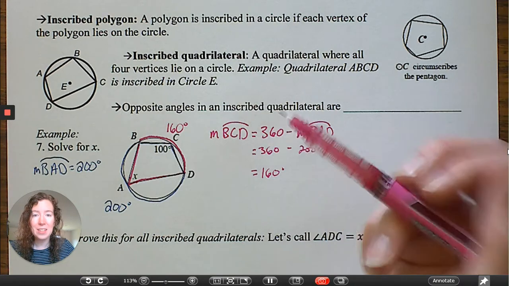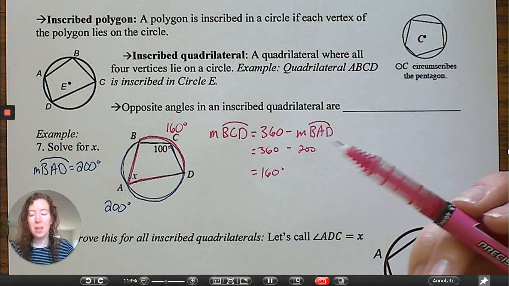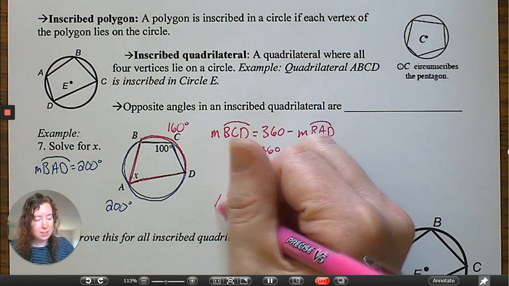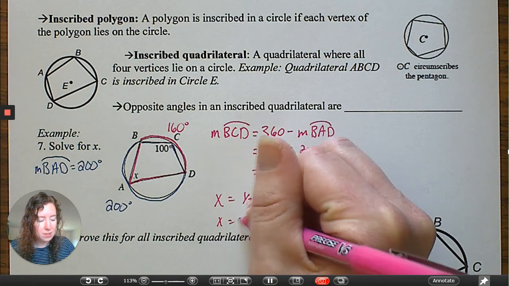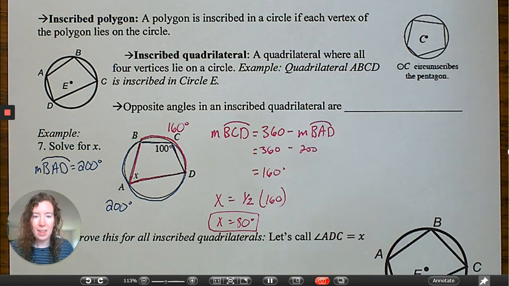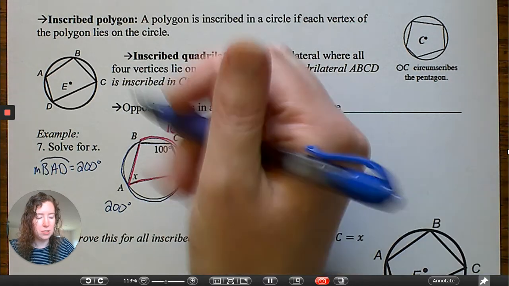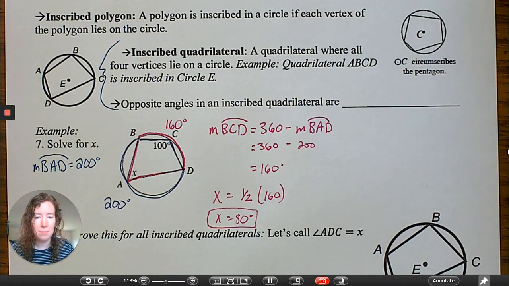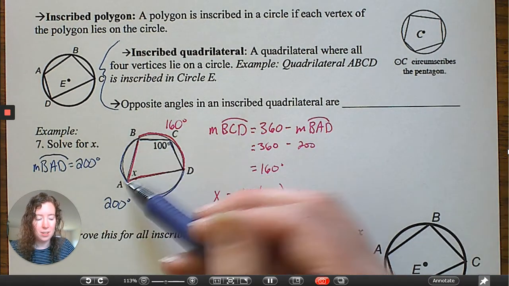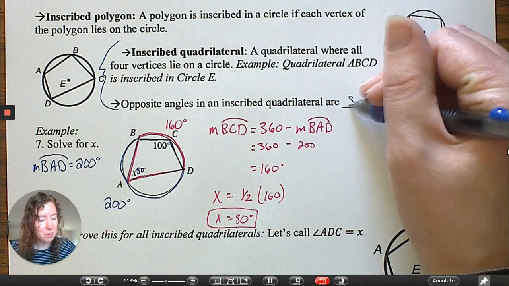Okay, well, how is that going to help us? Arc BCD is the intercepted arc for angle BAD, for angle X. So we know that X is going to be 1/2 of 160. So X is going to be 80 degrees. Okay, so how does that help us with our special relationship for our inscribed angles? Opposite angles in an inscribed quadrilateral are going to be what? Well, what's the relationship between 100 and 80? They are supplementary,